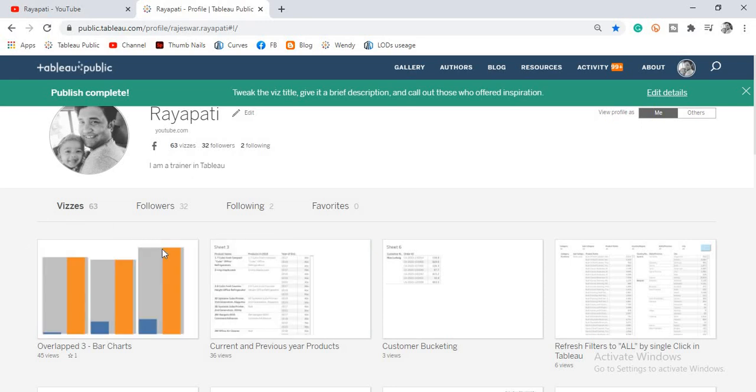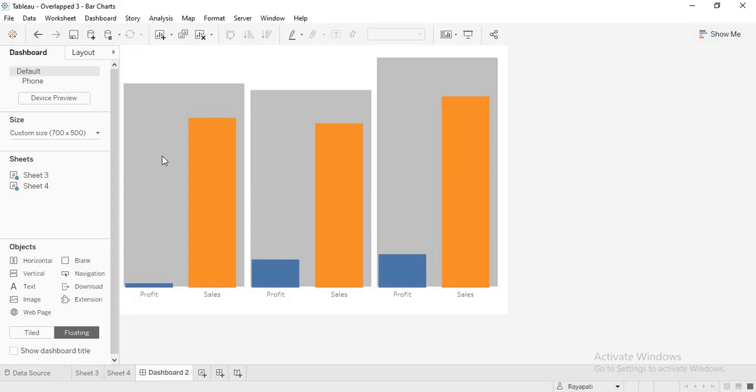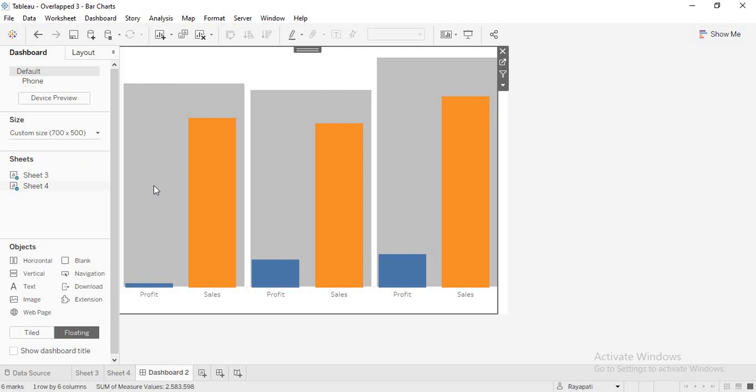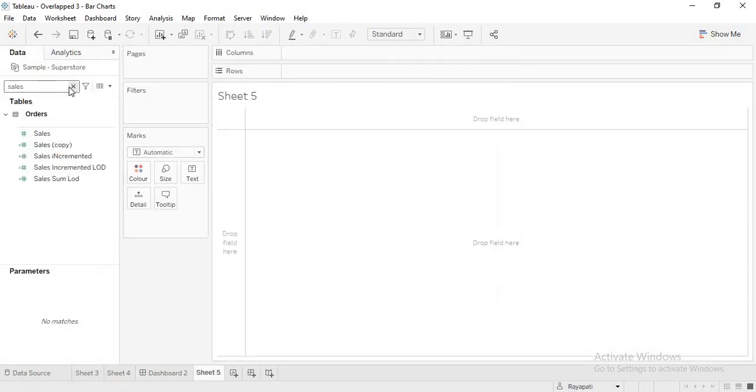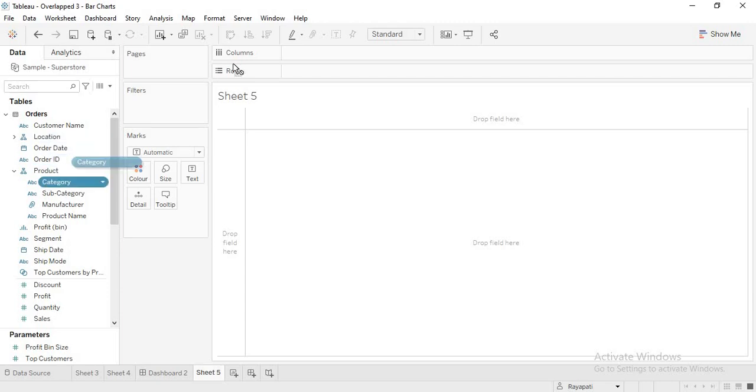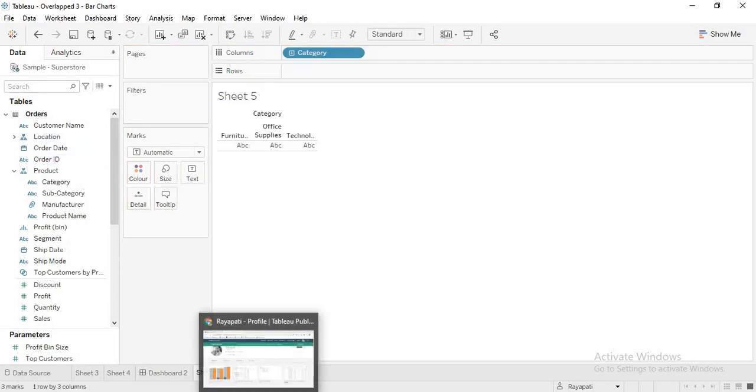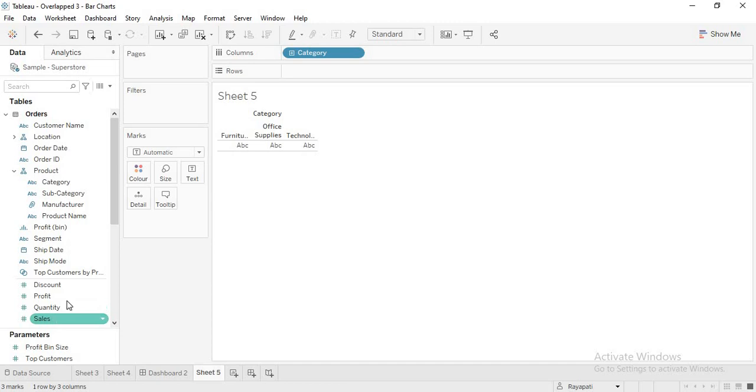Now, going back to the scenario. Here, this gray color is one dimension, blue is profit, and orange is sales. Now how do we achieve that? Let me go in here and take category, and then let me drag sales.